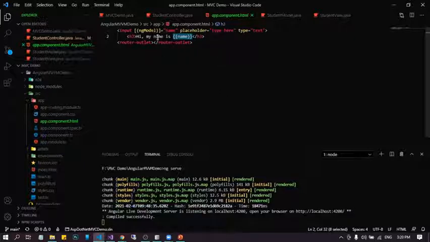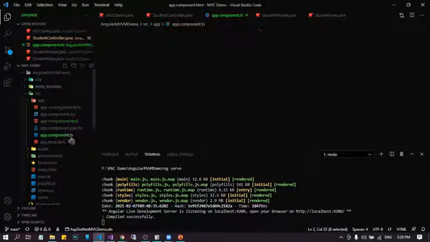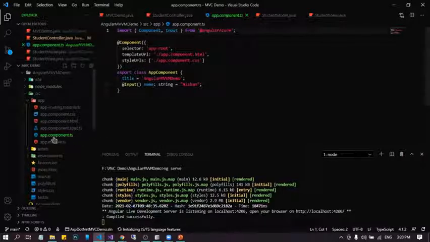So what this does is it creates the interface between the view model and the view. So in Angular, the view model is the TypeScript file that is associated with this HTML. Inside this TypeScript file, you can see there's an input field called name, and it is initialized